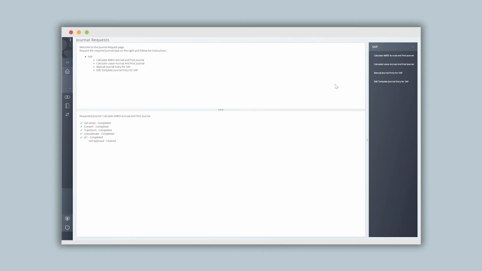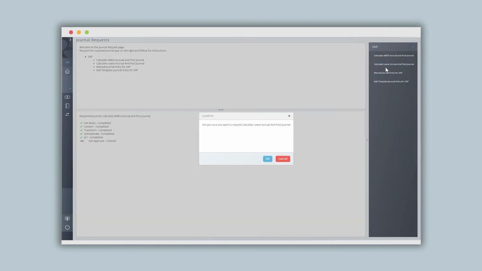Leave accrual. This would be an example of a semi-automatic journal entry. And the reason why it's semi-automatic is because this one actually requires an approval. So if a user were to click on